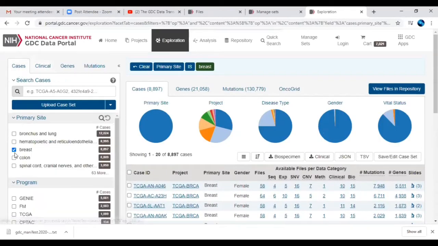So we will just see with respect to only breast cancer. How many cases are there? They have given 8,897 cases. So what are the projects they have saved? I am talking about the 65 different projects they have. In particular projects, how many cases they have studied and deposited in this particular data portal, that is the GDC portal. So these are the projects which they have worked on and deposited in this portal.